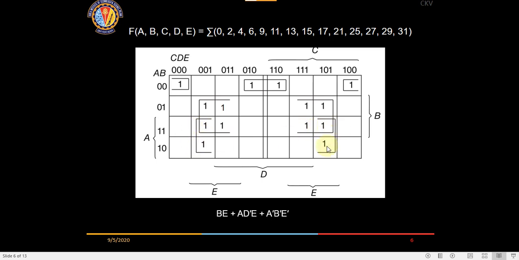Between these two and these two, right? We are talking about these 4 ones. Here you have A, so D, B dash and E dash. No, D dash, D, E. So that's all. You can accordingly group this by using a gray code. Whichever you feel comfortable, you can use any one of the techniques, either the first one or this one.